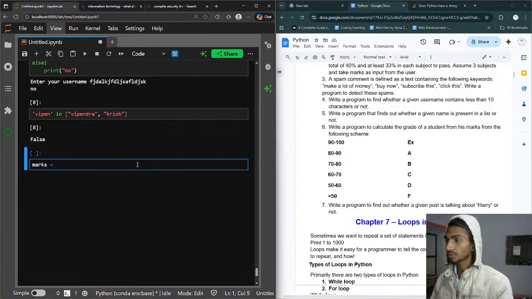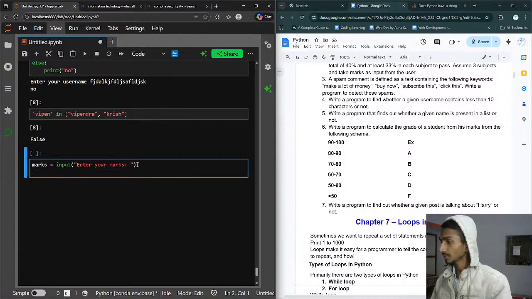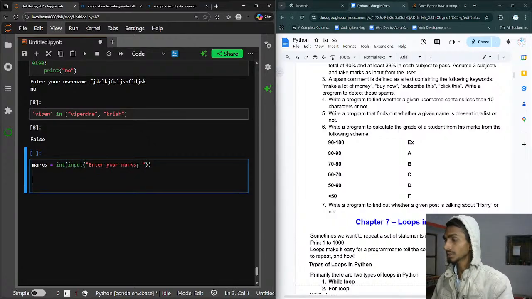Marks is equal to input, enter your marks. This thing is done, and right now what I can do is simple. Marks is here. I can even convert it to an integer actually, int, and then paste it. This thing is done. Match. Okay, match. I hope it is like that. I'm not even sure. It must be like this only. Match, we have marks,